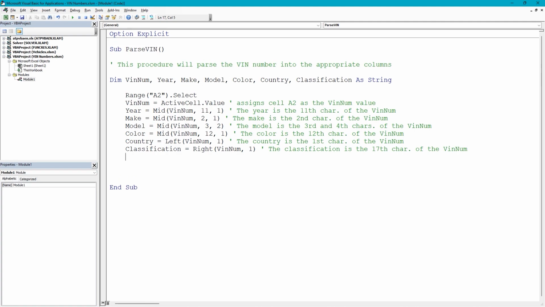So I'm going to press Enter at the end of my classification line of code, press my Tab key, and type With ActiveCell. And then I'm going to press Enter, and I'm going to Tab again. Dot, and the menu comes up. If you type the letter O, Offset is at the top. You can Tab it in. Open parenthesis. We're not going to use the row offset, so we're going to type a comma and the number 1. Close your parenthesis. Dot Value